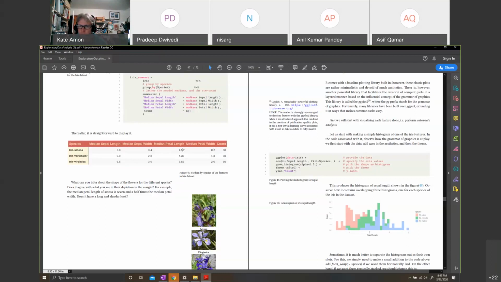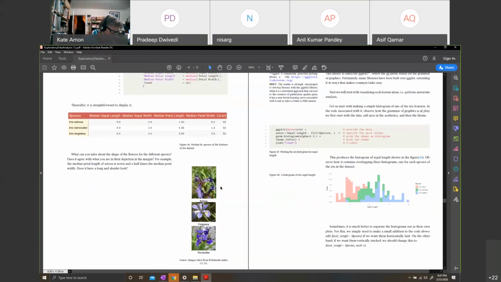The petal length in general is bigger in iris setosa. So you can look at this picture and see, is the petal long and narrow? You can't make it out, but this is the long and narrow petal. So it speaks to the data. You can look at the picture and verify if these things are true or not.